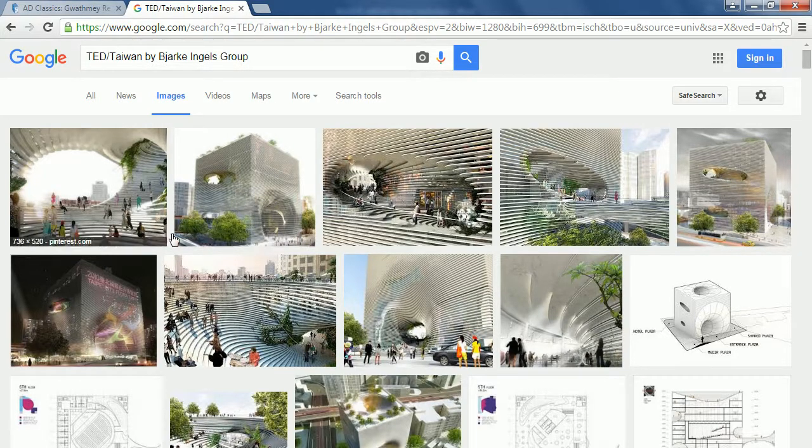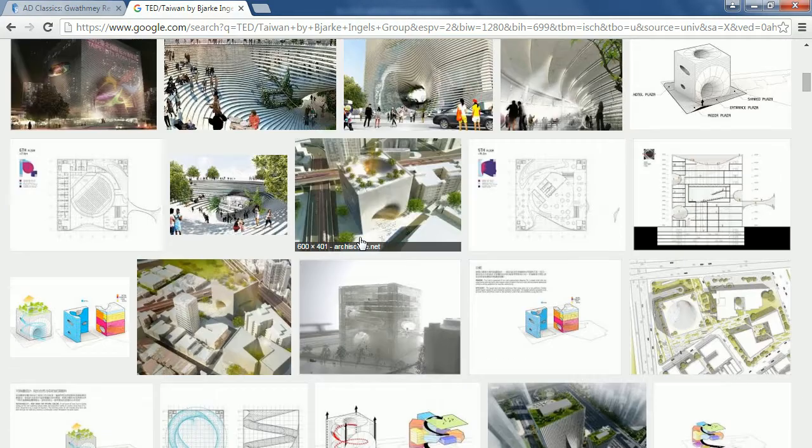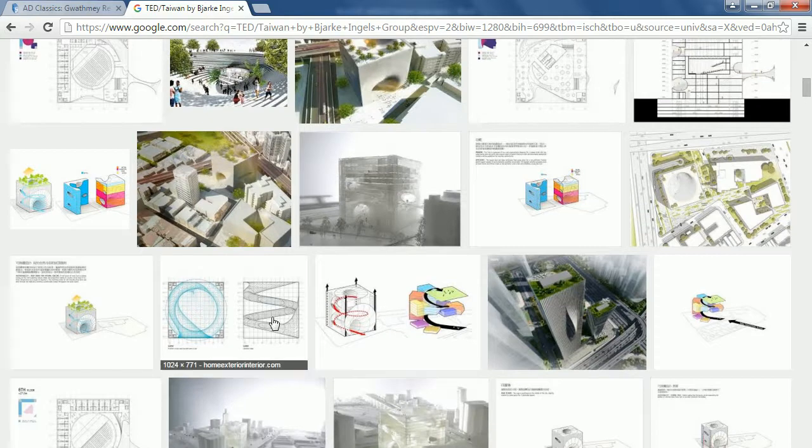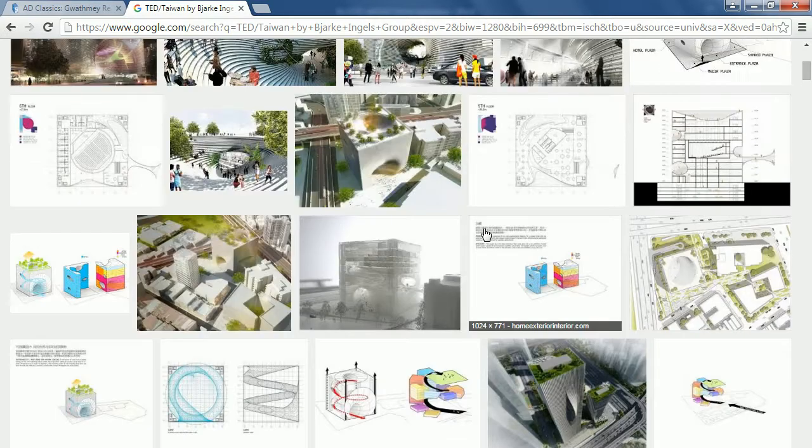Okay, this is a project that also employs subtraction, but not in the subtraction how we're doing it as a pure rectilinear straight up and down thing. This is more like basically a box with a curve in it. This box, if you analyze it, is basically one tube that's going through and coming out the top. If you look at the roof plan, the spiral, wherever the tube exits,